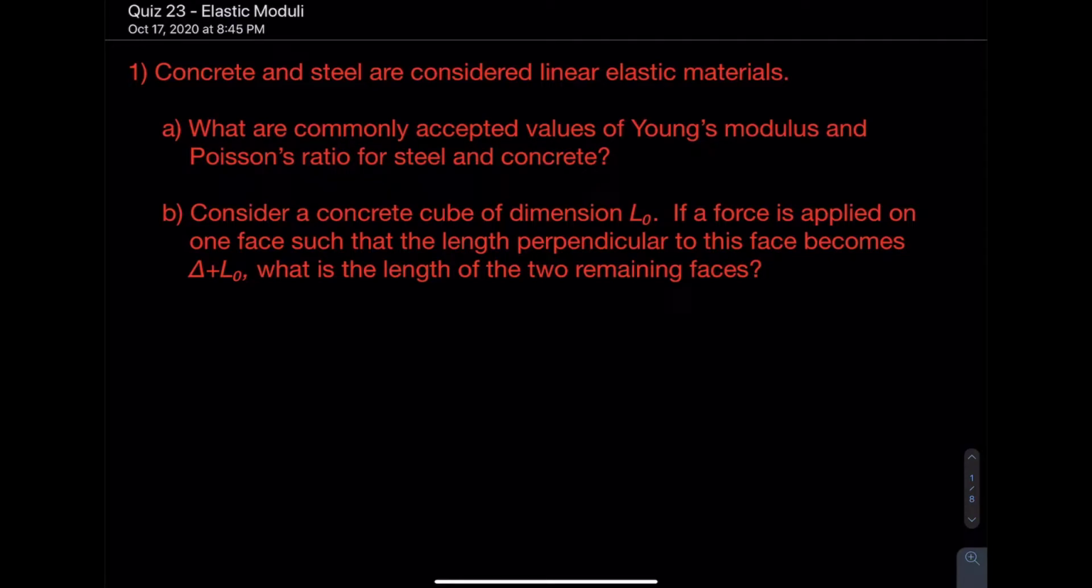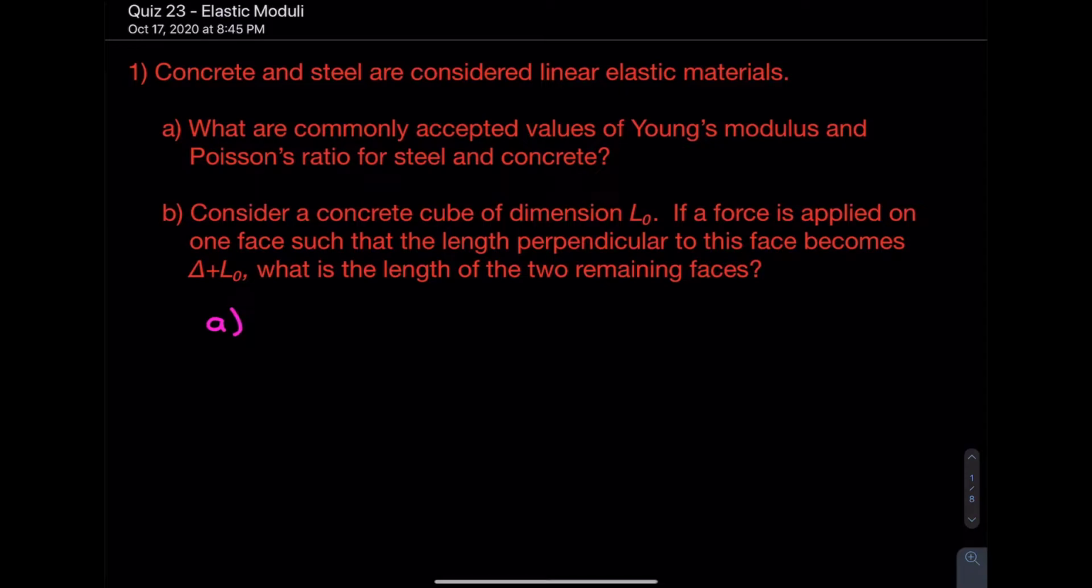So part A says, what are commonly accepted values of Young's modulus and Poisson's ratio for steel and concrete? And then part B says, consider a concrete cube of dimension L0, and if a force is applied on one face such that the length perpendicular to this face becomes delta L plus L0, what is the length of the 2 remaining faces? So we're going to come down here and say, all right, well, part A, it wants us to discuss what